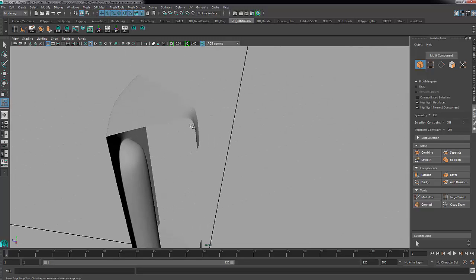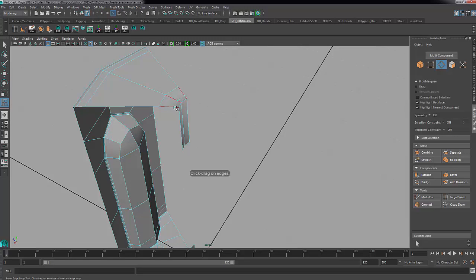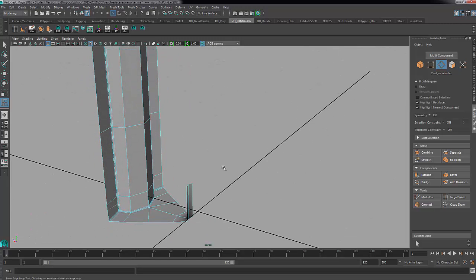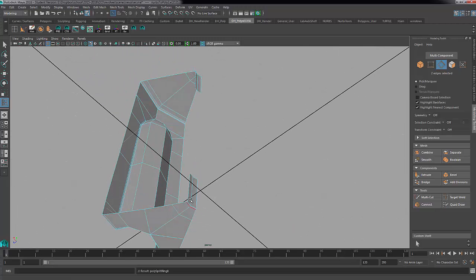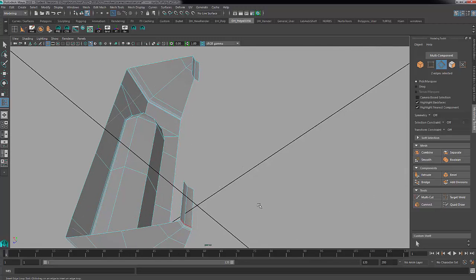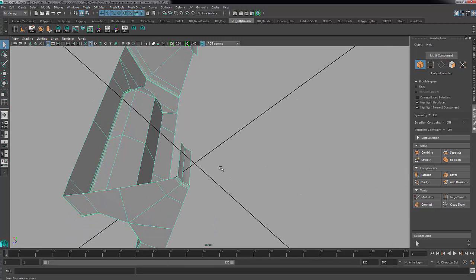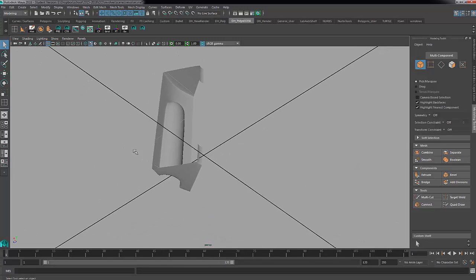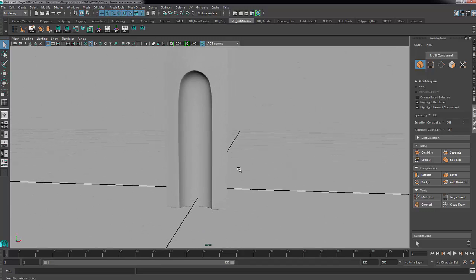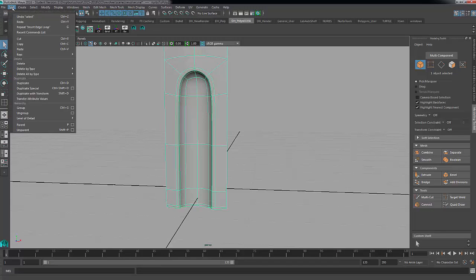I can fix that now. So the top and along the inside, and I'll do the same thing at the bottom here and here. So when I have those tight edge loops and I hit the 3 key, that's going to give me that nice tight corner. So let's delete the history,